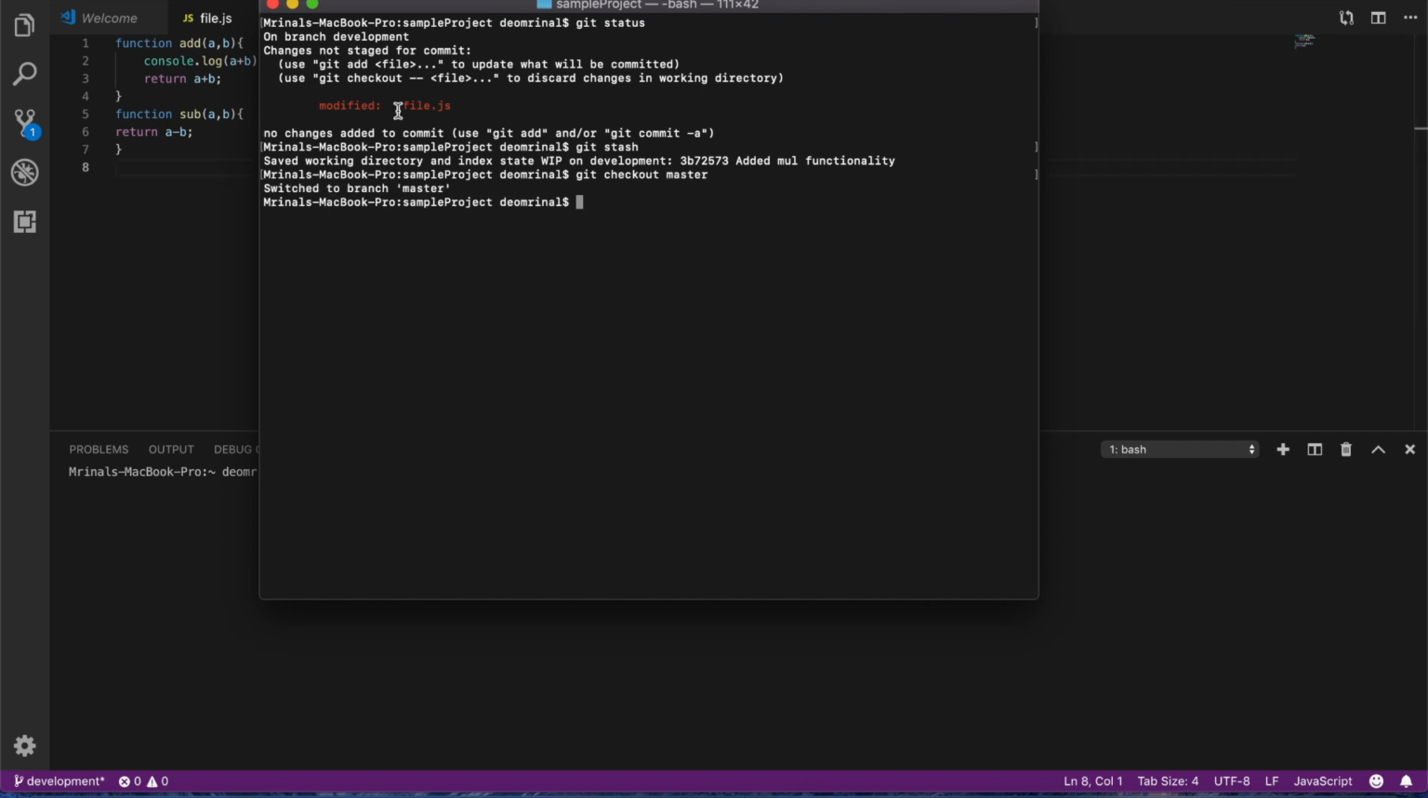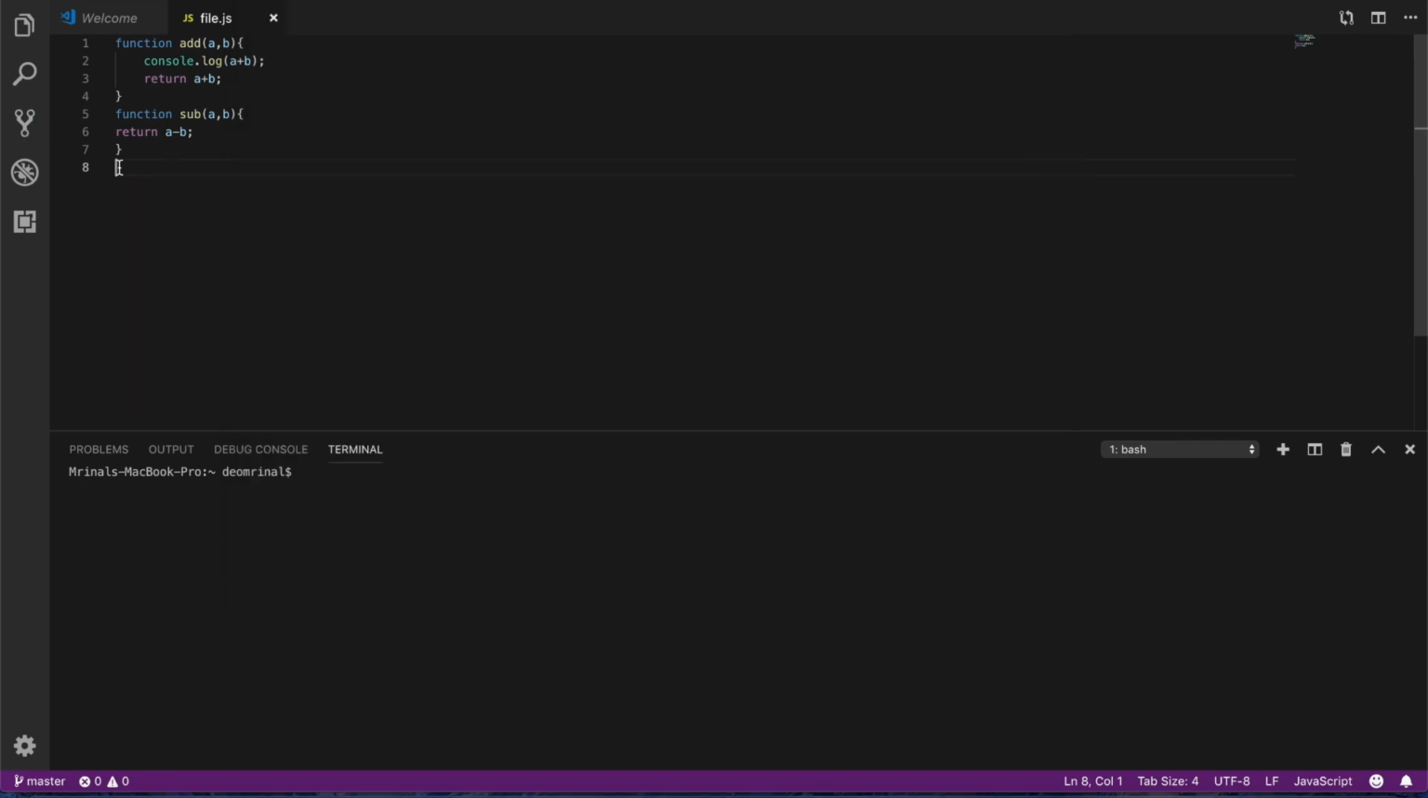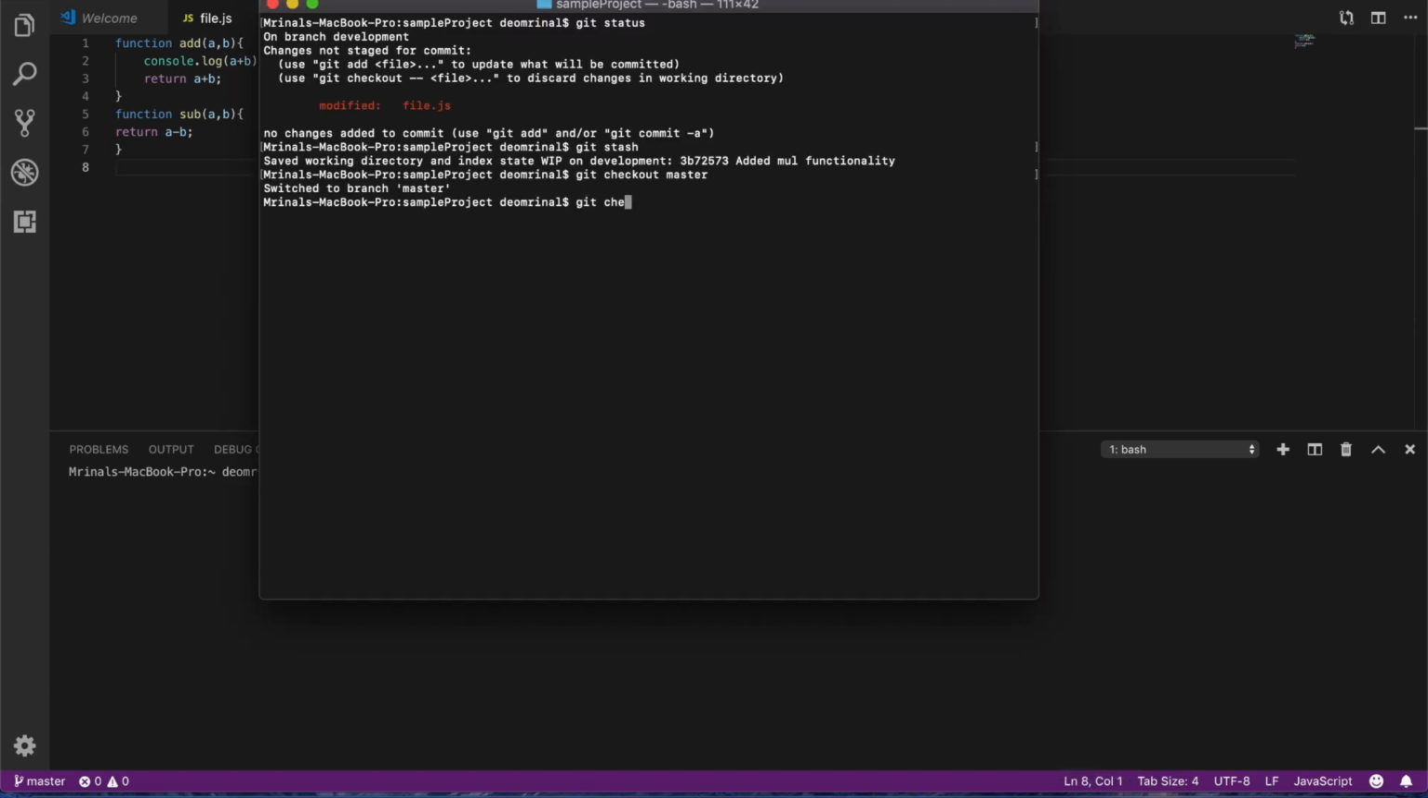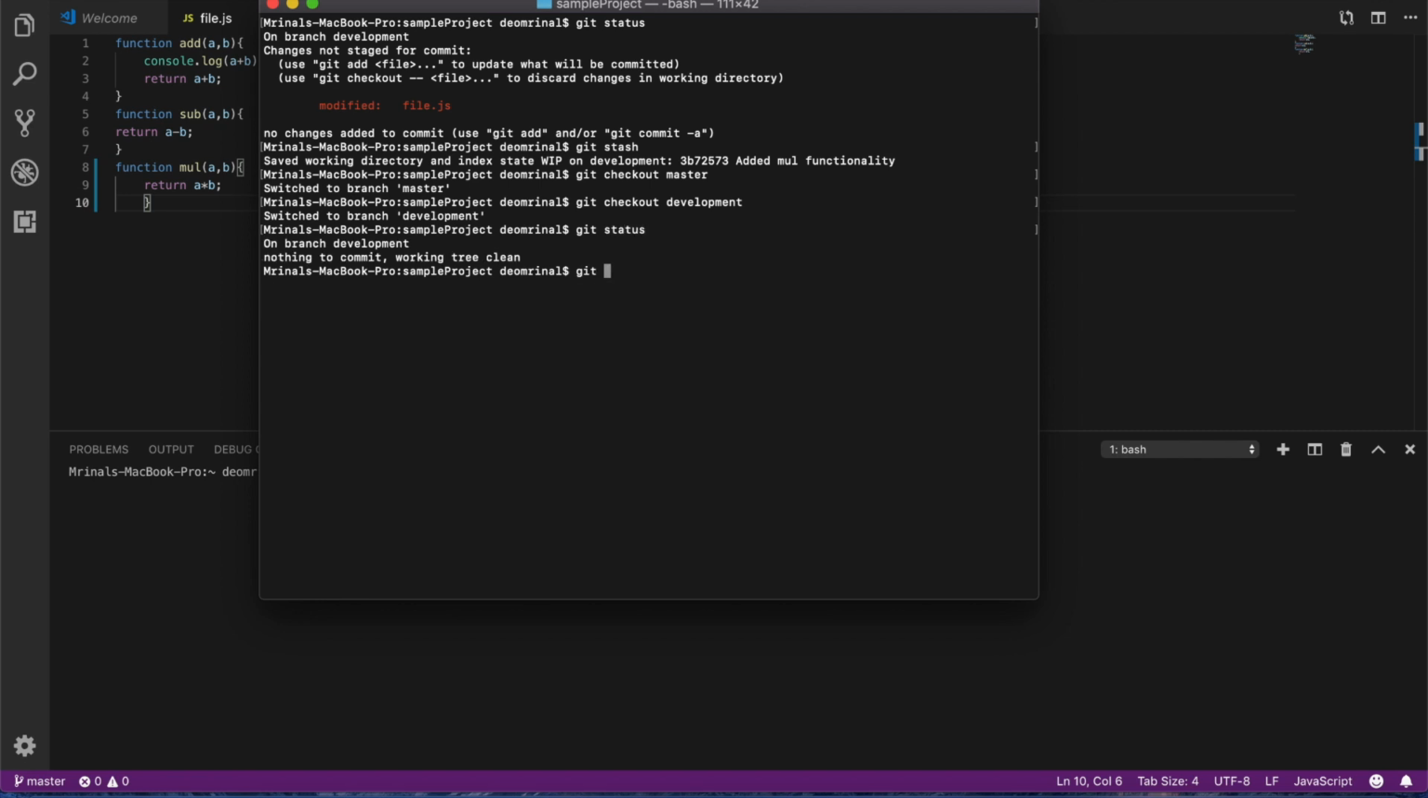Suppose I did something. As you can see in the background, this does not have multiplication or division, because I have already stashed that division and I have already committed that multiplication. So all those changes are not being reflected here. So I'll just go back to development, and if I do a git status, there is nothing, but in git stash